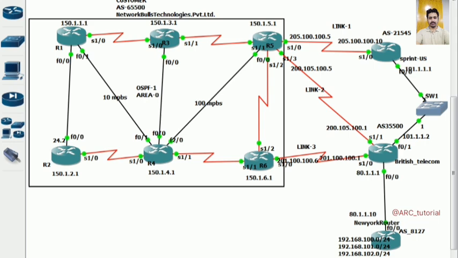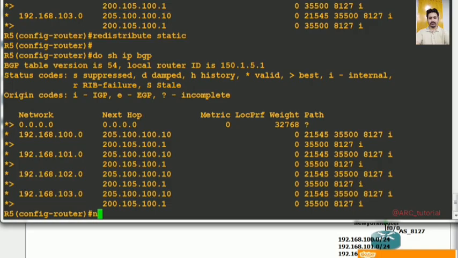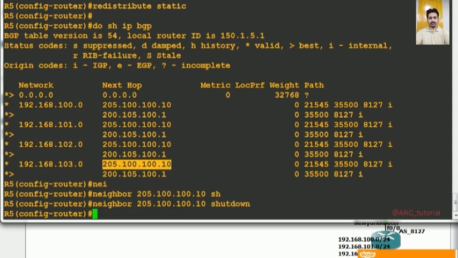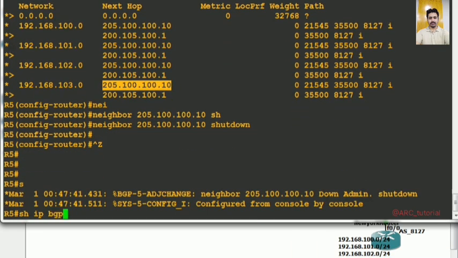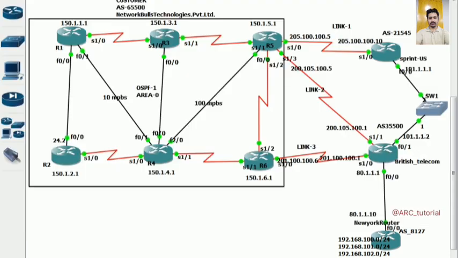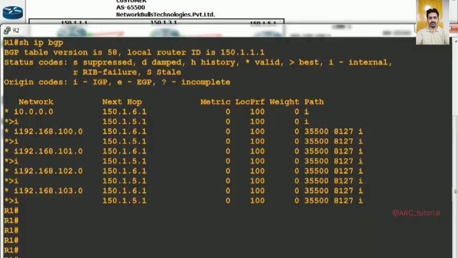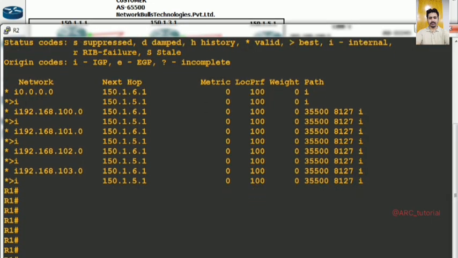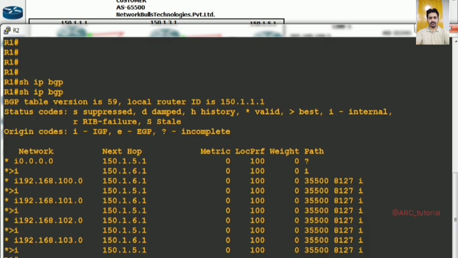It also supports unequal cost load balancing, but make sure that you are having an internet connection from the same ISP. So this time what will I do on R5? I will shut down neighbor Sprint. Show IP BGP, so it will start to receive all these prefixes coming from BT only. R6 is also receiving these prefixes coming from BT only. Now R1, remember that R5 and R6 will not perform load balancing because they are receiving prefixes from their eBGP neighbor, but R1 is getting all these prefixes coming from both iBGP neighbors, right? By default it is not performing load balancing